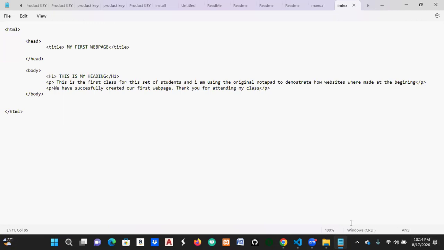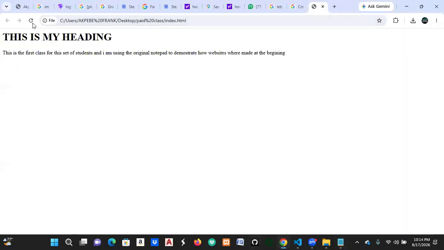So when I go back there and I reload, you see that the new paragraph I typed is being displayed there already. So this is how